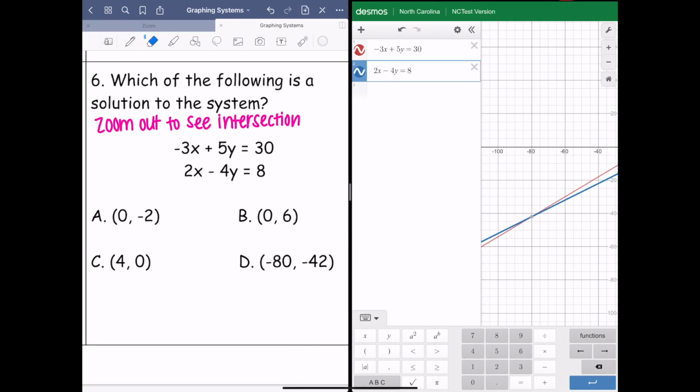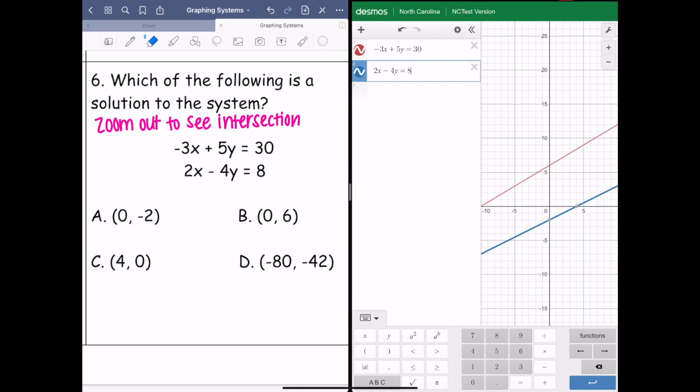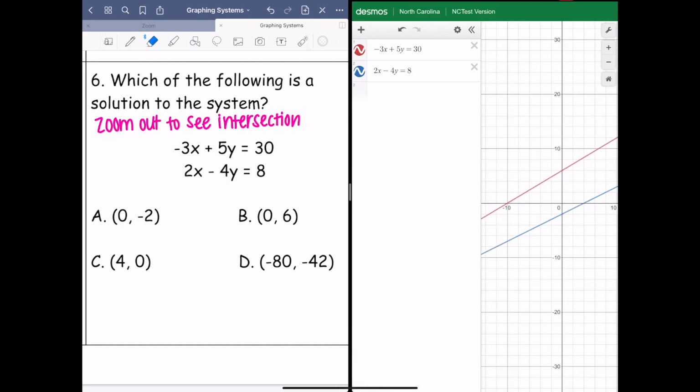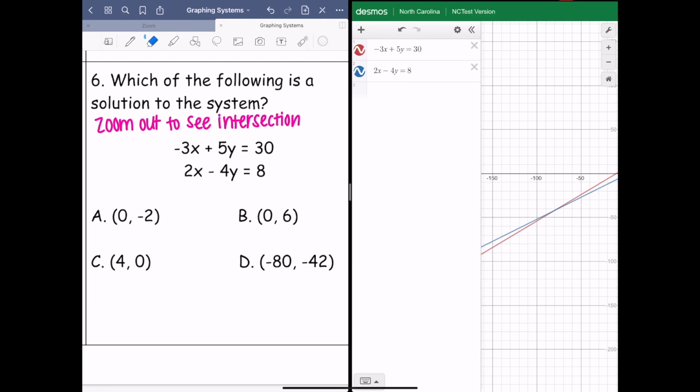All right, so when we graph these 2 equations in Desmos, first your screen will probably be zoomed into the standard version, so you'll need to zoom out to see the point of intersection. And this question's really only asking for that intersection point, which is negative 80, negative 42. But you can also check this by hand